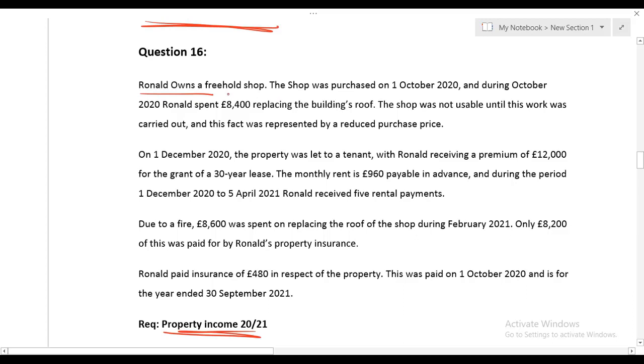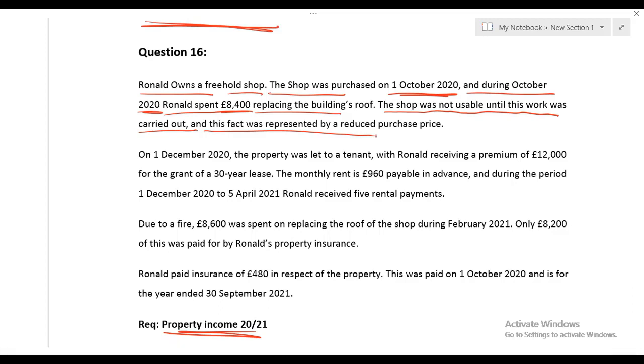Ronald owns a freehold shop. The shop was purchased on 1st October 2020, and during October 2020, Ronald spent 8,400 replacing the building's roof. Okay. The shop was not usable until this work was carried out. Now listen and listen carefully. And this fact was represented by the reduced purchase price. Question says the shop was not usable unless Ronald has spent